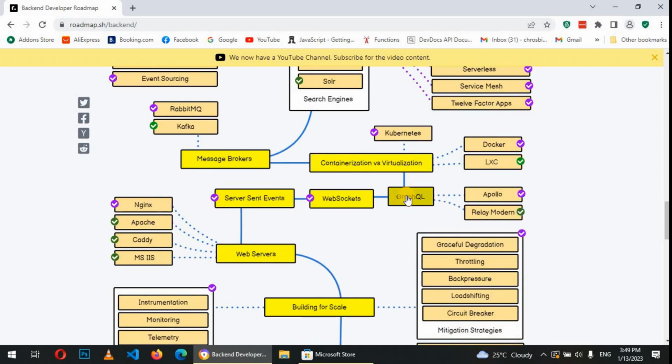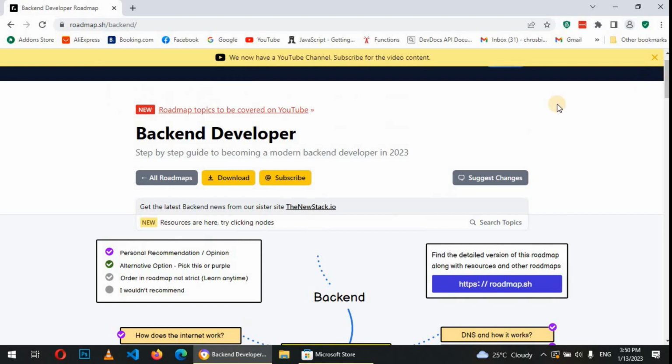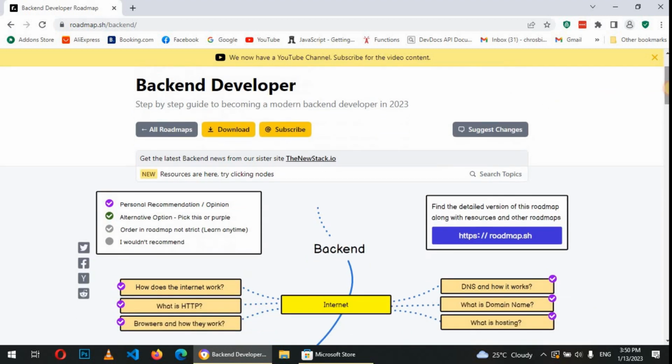So now we have GraphQL, WebSocket, server-sent events, web servers, Apache, Nginx. So from here, you could just pick either Apache or Nginx. So now, at this point, you would have really learned a lot. So you could just build and be scaling. This tool actually gives you a guide if you are someone who's just starting out, so you can download the